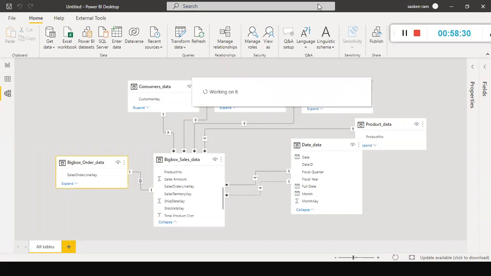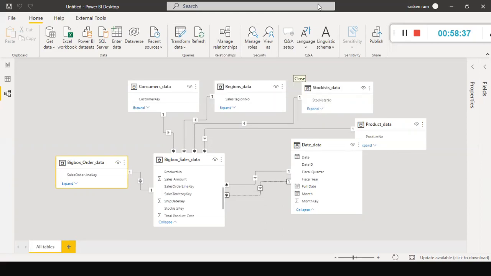Can anybody show what kind of error it will throw? Can you do it with an active relationship? That's what I'm showing now. Wait. With an active relationship, you can show only the order date, right? You cannot filter it. Wait, I'll just...